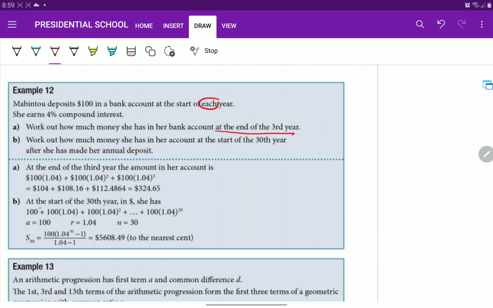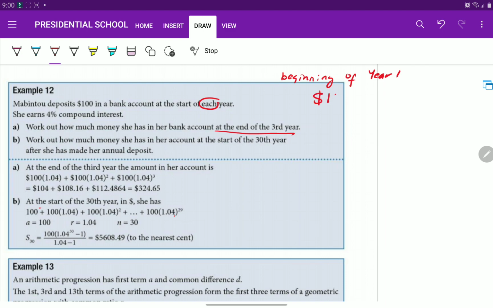Just for you to visualize, when you say compound interest, it means the interest earns another interest, and the interest of that interest still earns interest. So you have there at the beginning of the first year, beginning of year one,